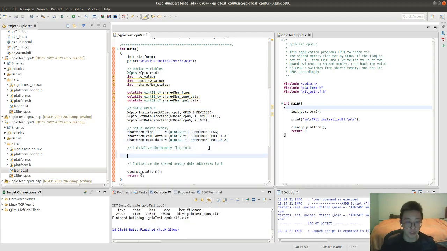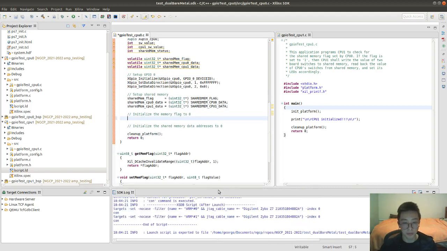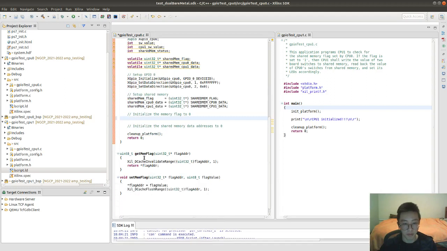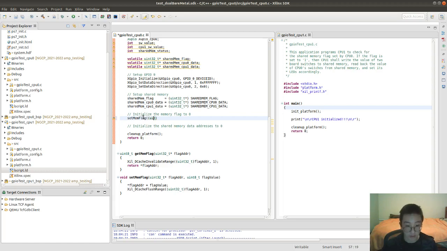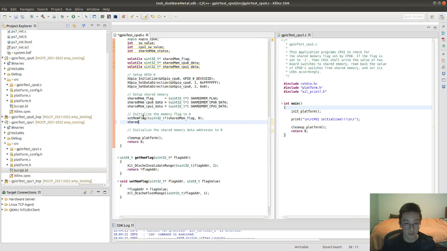Alright, and then we're going to initialize our memory flag to 0. So to do that, we can use our handy dandy function, set mem flag, and we're going to give it a pointer to our memory flag address, set that to 0. And then, since this is the first, let's just print it out on startup. Shared mem status equals